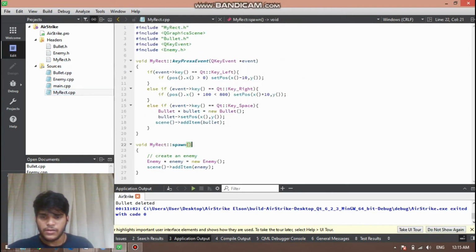inside the spawn method, I'm creating an enemy and I'm just adding the enemy to the scene. And then the last thing I want is, when the enemy collides with a bullet, I want both the enemy and the bullet to disappear. So for that, what I'm doing is,